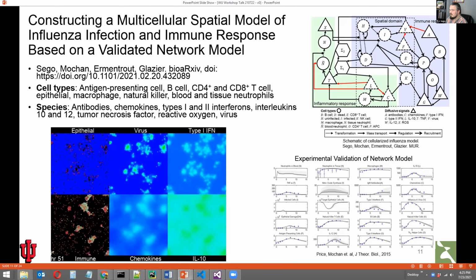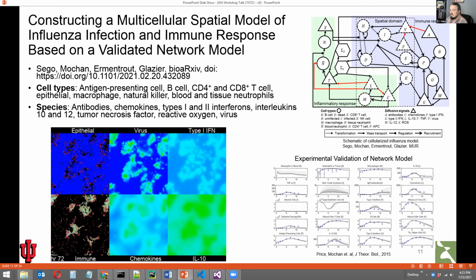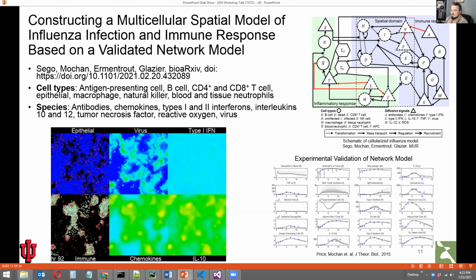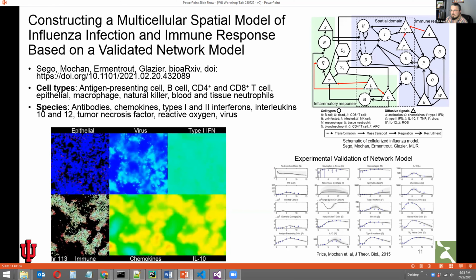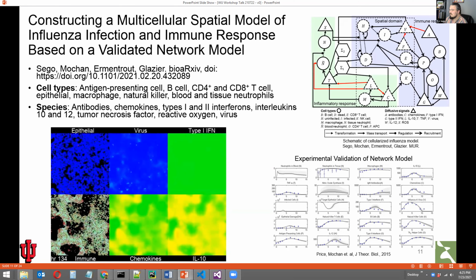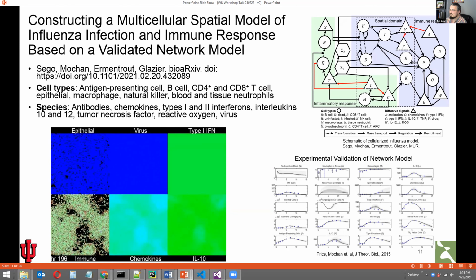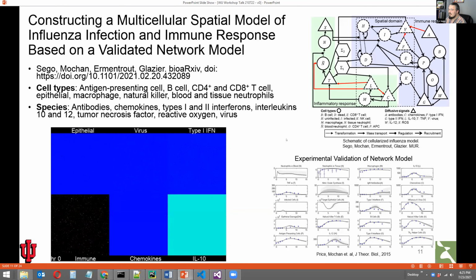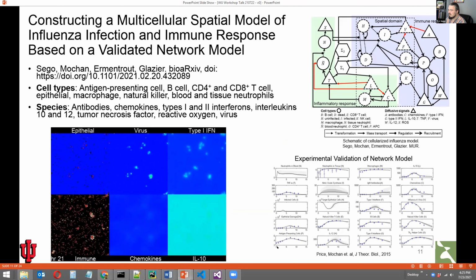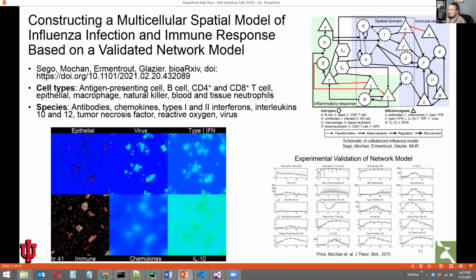And this immune response spans everything from very early innate response with release of tumor necrosis factor, all the way to production of specialized antibodies, specialization of B cells, and so on and so forth. And they managed to calibrate it quite well to mouse model data.